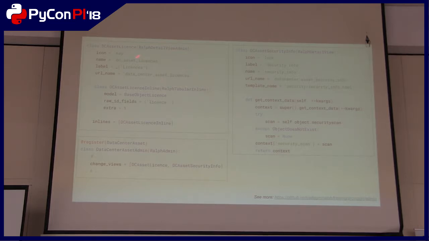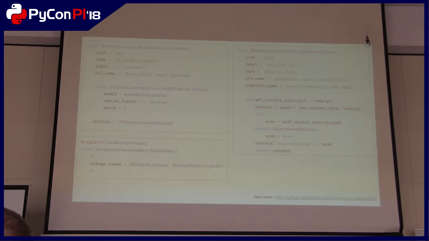So the first example here is DetailViewAdmin, where we use a Django admin form. We could specify, of course, icon, name, label, and the URL name, and it's handled automatically by DetailViewAdmin. Then we specify some form or some inlines, put them in the inlines list, just as in regular Django admin, and it's done. In the second example, we use RunDetailView, and we specify also the template name, the path to the template. Of course, we add some additional data to the context to be able to process it